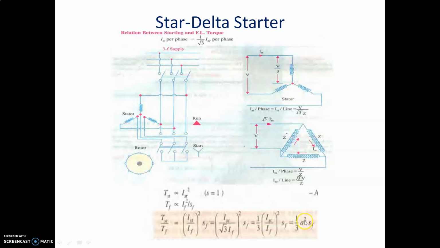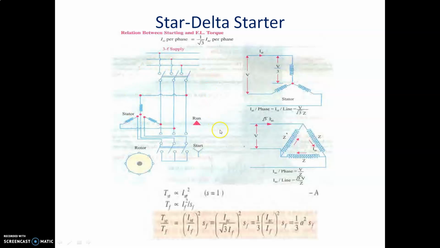One is stator resistance, wherein the voltage and current are going to be reduced by a factor of X, and in auto transformer the voltage and current are going to be reduced by a factor of K, wherein this K is the transformation ratio. And in star delta starter the voltage or internal current is going to be reduced by a factor of 1 by root 3. Okay, so this equation will become 1 by 3 A square SF. So these three are the types of starters.